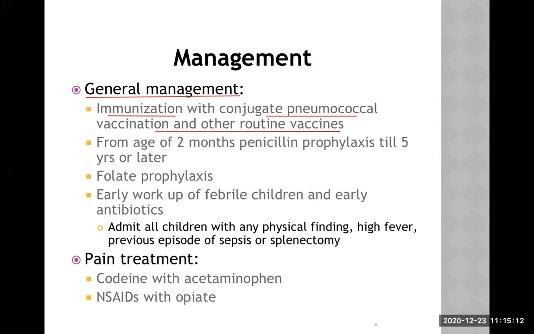That's why we give conjugate pneumococcal vaccine in case of children, and for the adult, we can give polysaccharide vaccine because they are adults, they usually already develop some immunity against this pathogen by that time. So that is the reason. Don't forget it. Now, we have to give conjugate pneumococcal vaccine, conjugate meningococcal vaccine, and other routine vaccines, whatever